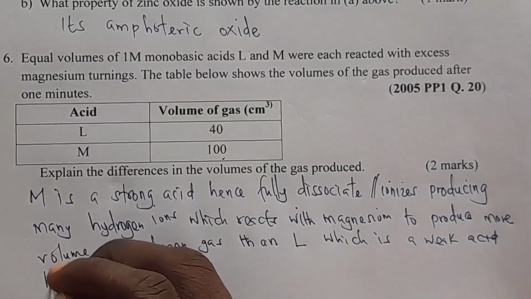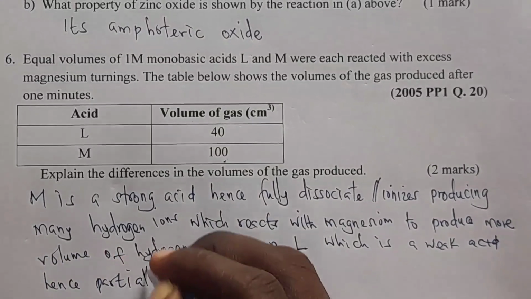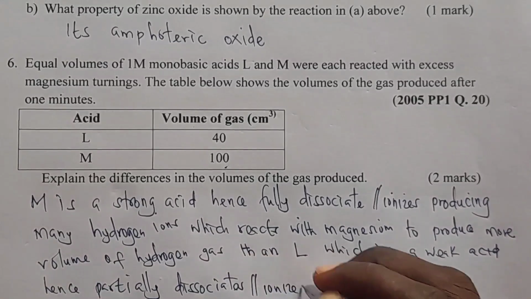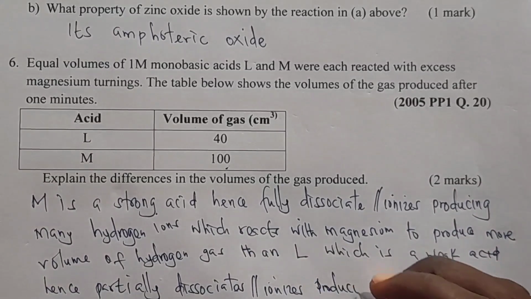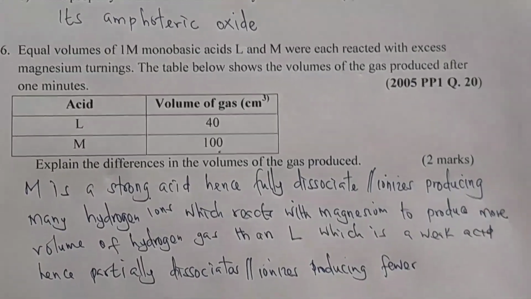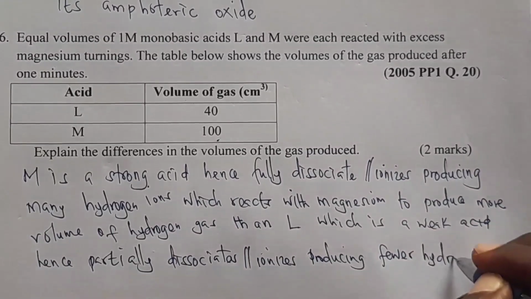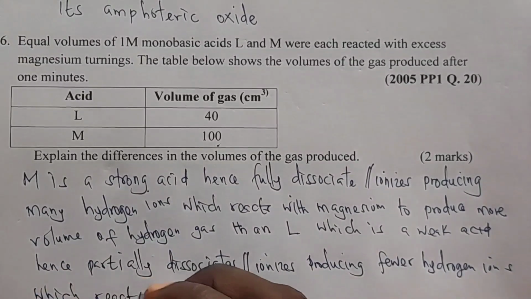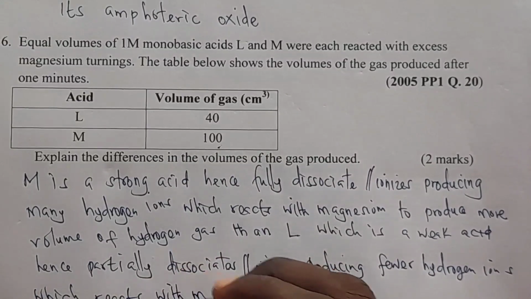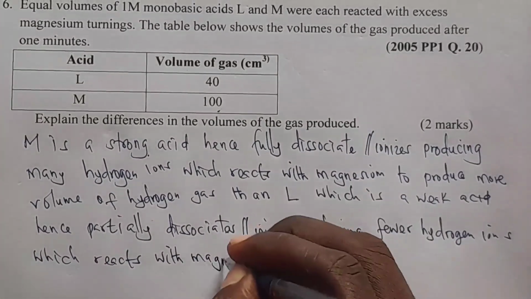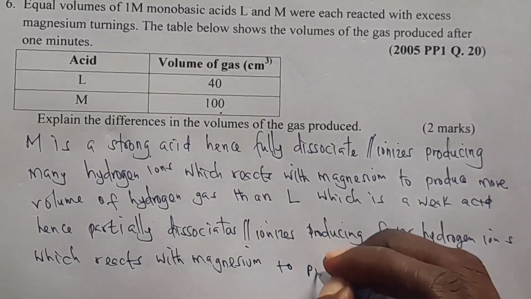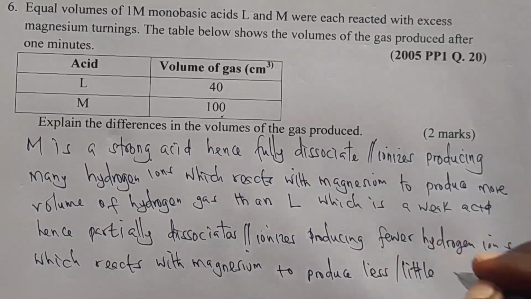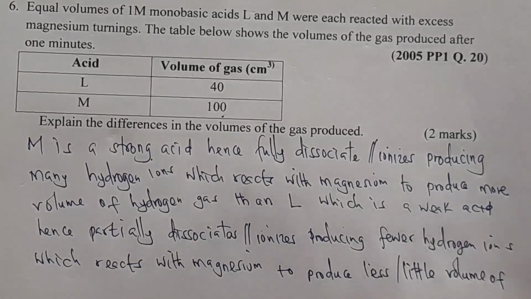Hence, it partially dissociates or ionizes, producing few hydrogen ions, which react with magnesium to produce less, or even a little volume of hydrogen gas,